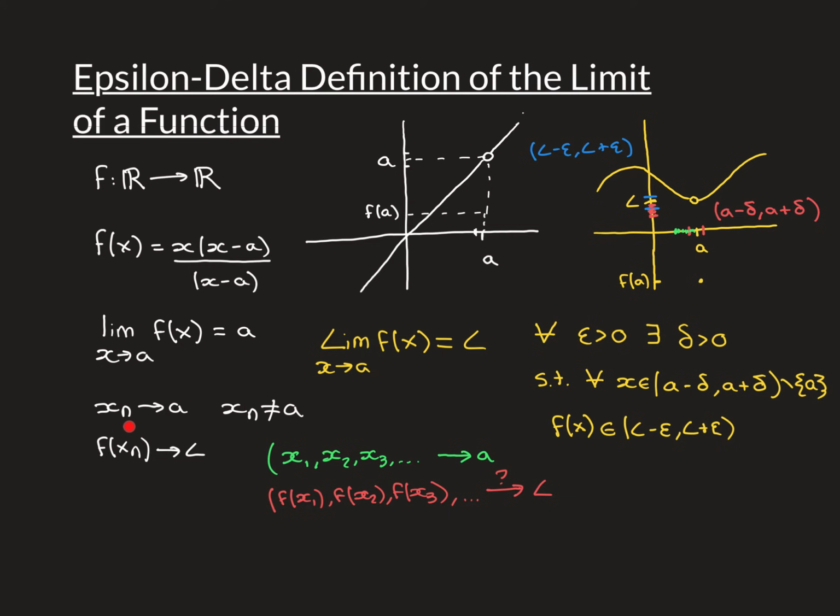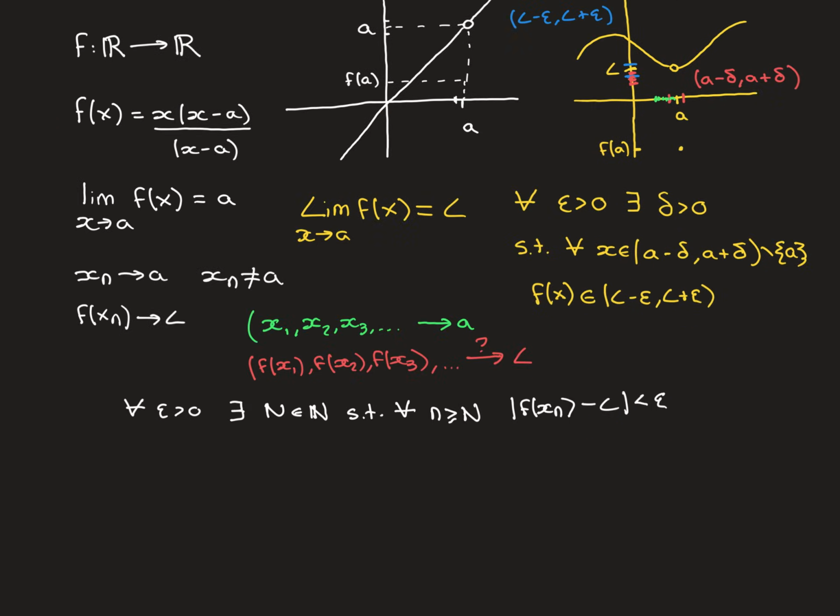So to prove this, we need to start with such a sequence that converges to a, and we need to then prove that its image sequence, which we can construct, so we can take each one of these terms and look at what it's mapped onto by the function. We'll assume that the function is defined for all of these terms. So we can construct its image sequence, and then we need to prove that that converges to the limit L. So I've put a question mark here, so this is what we need to prove. And we need to do that using the fact that this epsilon-delta definition is true over here. So to prove this then, we need to prove that the terms of that image sequence get and stay indefinitely close to the limit L.